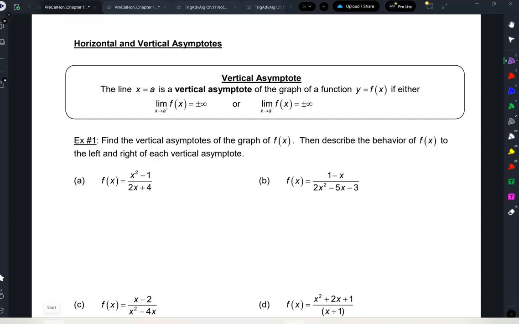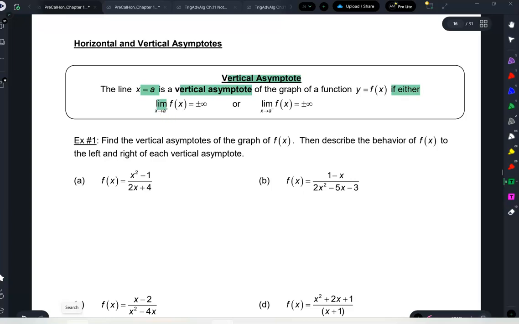Let's talk about vertical and horizontal asymptotes today. So, vertical asymptotes. So x equals a, right? The vertical line x equals a is a vertical asymptote if